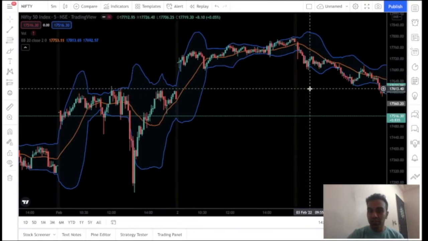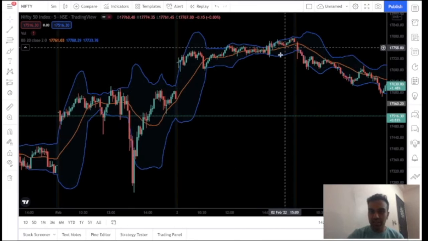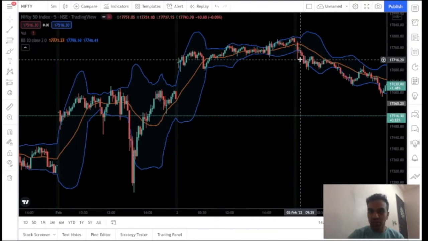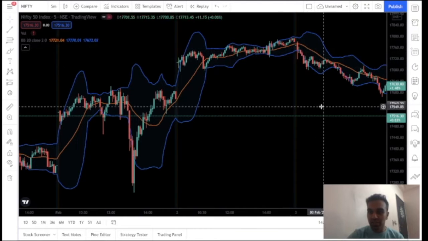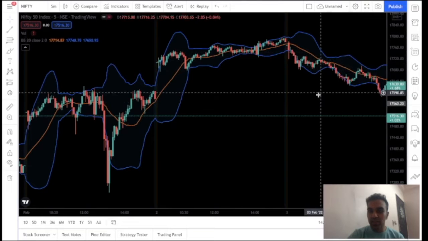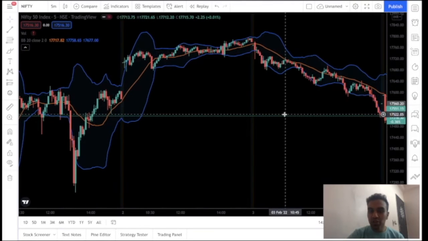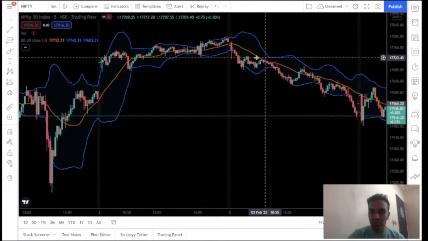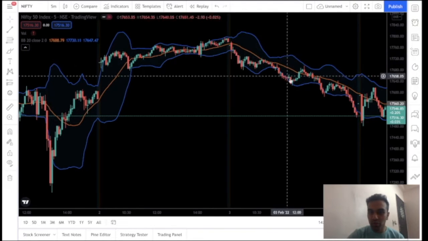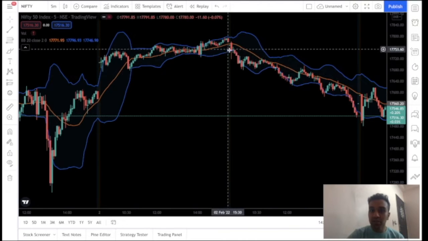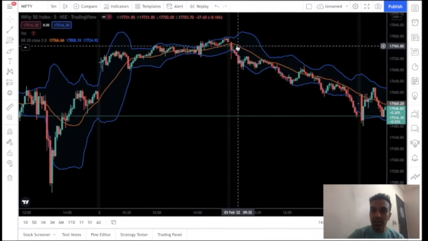And then we can see that in this example there was a squeeze, and then finally the Bollinger Bands broke down here, and then we can see that the market gave us a really nice move. And what we can do with this strategy is that the middle line here, which is the 20-day moving average, we can use it as our trailing stop loss, right? Like look at this. If we use that as our trailing stop loss, we are able to capture the move all the way up to somewhere here. So we can capture this as 100 points,